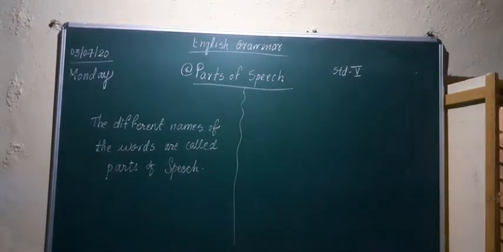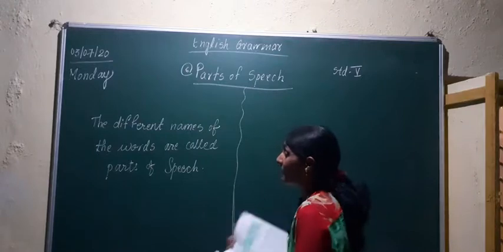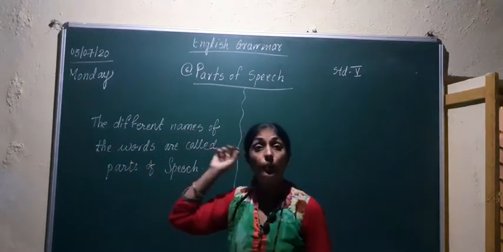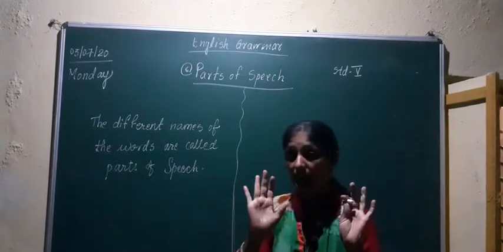Now what different names are given? There are 8 different names. How many different names are there? Total there are 8 different names of the words. Now which are those that we are going to study? The 8 different names are